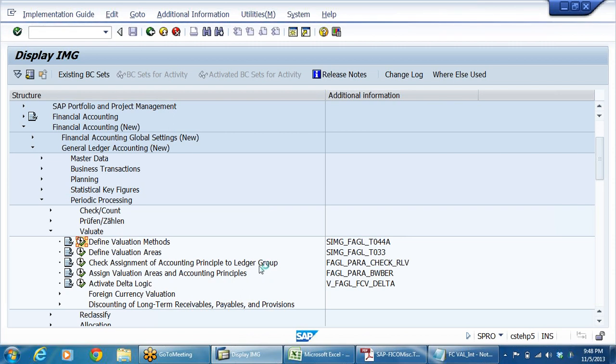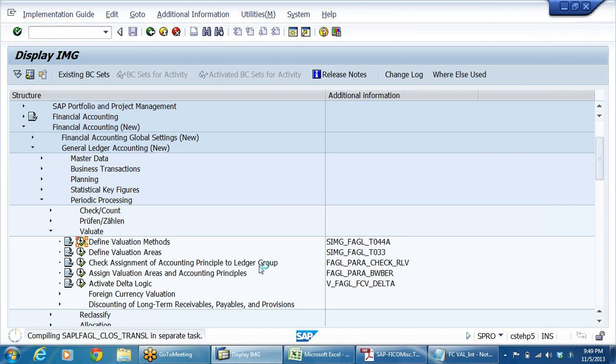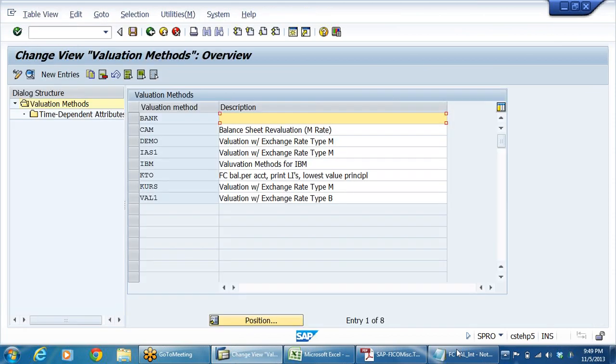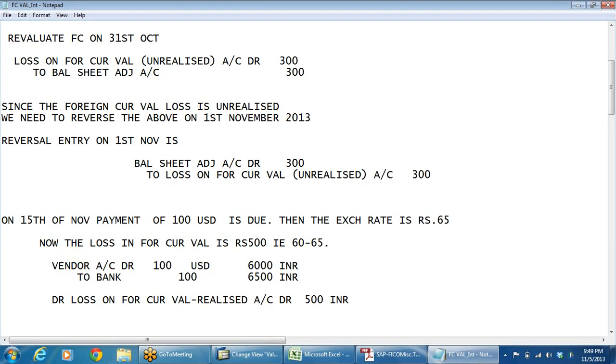Here we need to define one valuation method. There are two valuation methods we can define. One is for sundry debtors or sundry creditors. For both, line item wise valuation we have to do. Say for example, here in this scenario what I told you, only one line item we have taken,